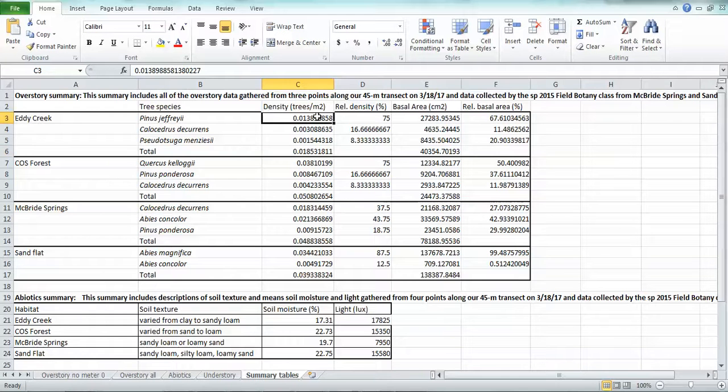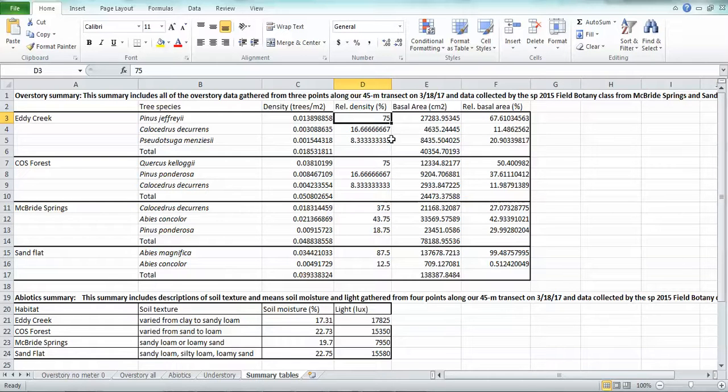We also have density by species, so this would be the density of Jeffrey pine in those plots in trees per meter squared. This would be the density of incense cedar, and this would be the density of Doug fir. The relative density is the percent of trees along this transect that were each of these individual species. So 75% of the trees we encountered along that transect were Jeffrey pine, 16.7 were incense cedar, and 8.3 were